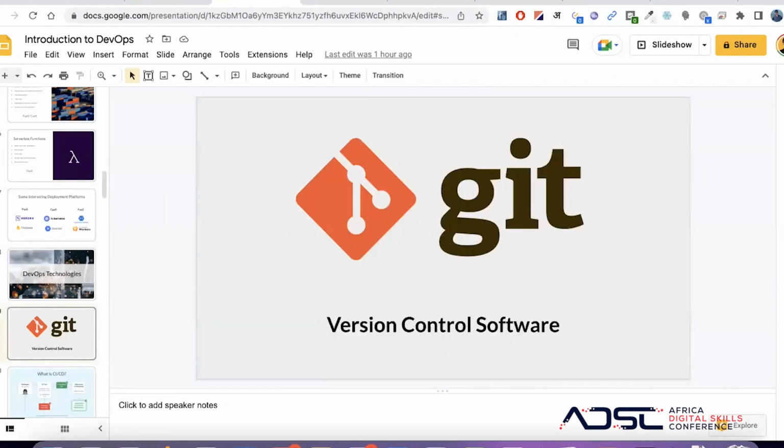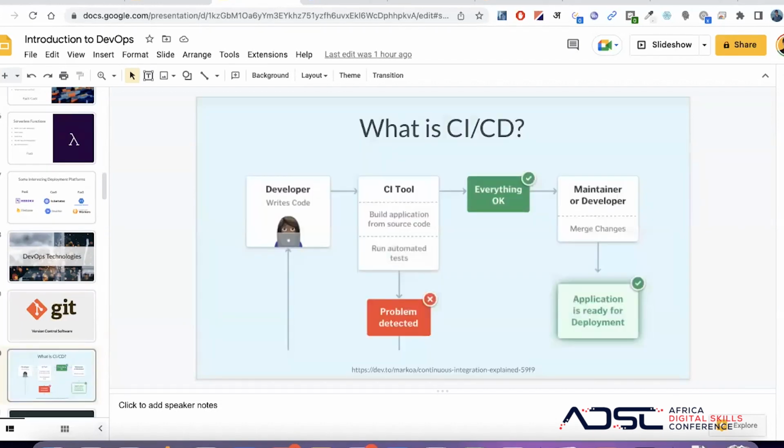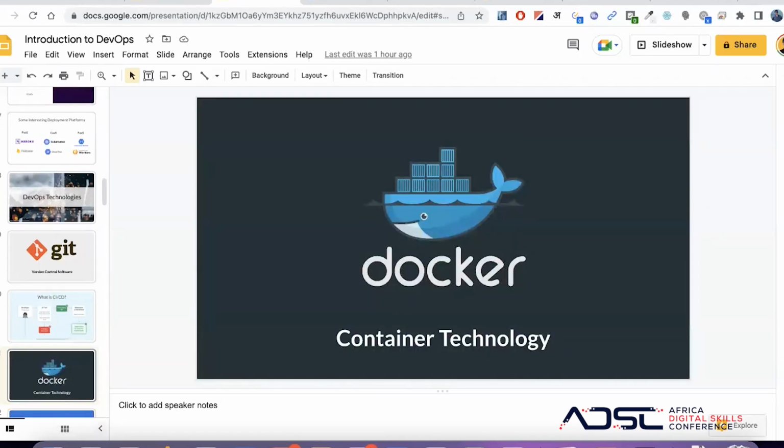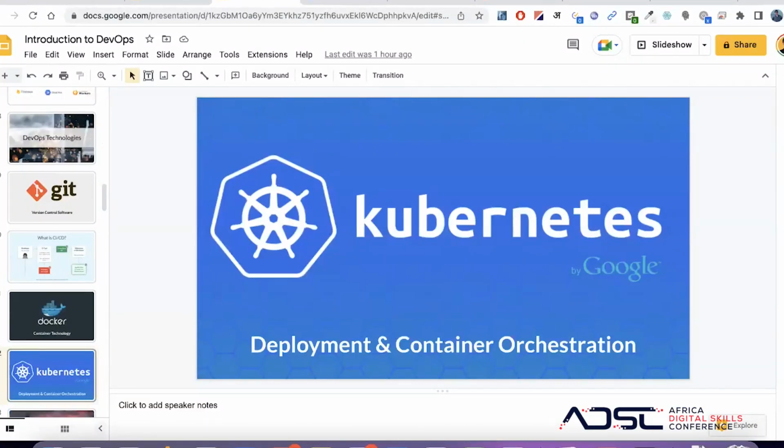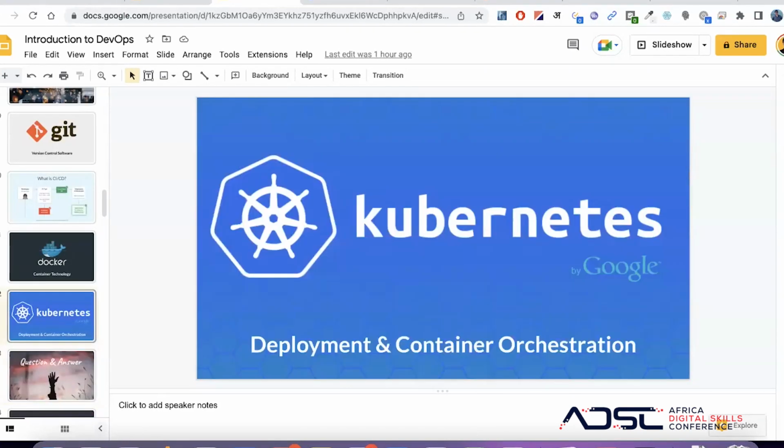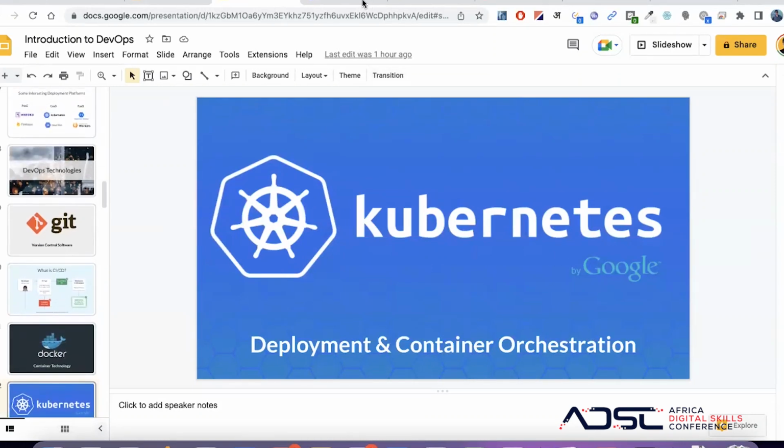For example, it was Git I was talking about. So Git is something that you should learn. It will help you: how do you store your code? Then how do you deploy the code automatically? Then there is something called Docker. How do you build a code which runs anywhere without any issues? That Docker will tell you. Then there is Kubernetes. Once you have packaged your code in a container, how do you run that? Then you learn Kubernetes. So these are some of the tools and technologies that you will learn as you keep going.